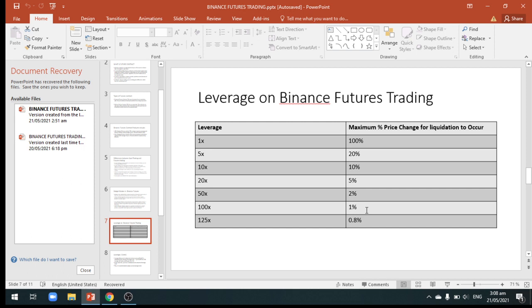liquidate that particular position. So you see why you should not be using a very high leverage, because with high leverages you have the higher chance of liquidation, because any little change in price, and changes in price occur a lot in cryptocurrency trading. So if you're using a high leverage, then just a little change in price is enough to liquidate that particular